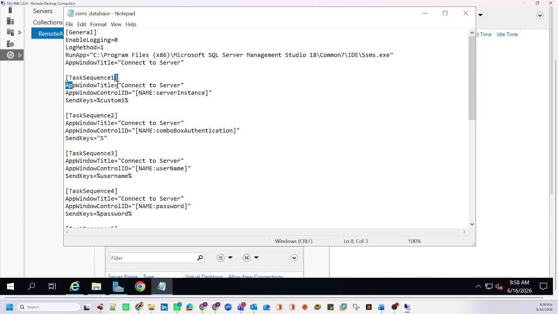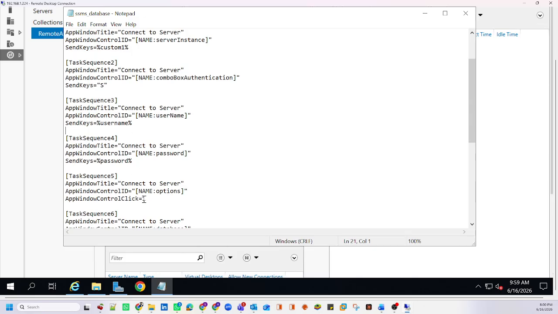Okay, and it has some application window. The first task is controlling the control ID of the server, where to mention the server ID. Okay, and then it will ask for SQL authentication. Then it will mention the username, it will mention the password. Now these username and password will be injected from BeyondTrust. This script will get the username and password from BeyondTrust itself at the backend, and inject them into the credential for use in the session. Okay,